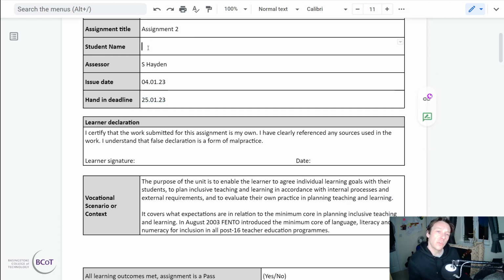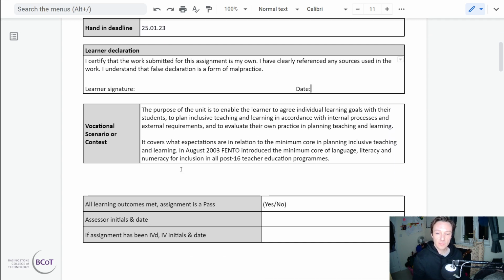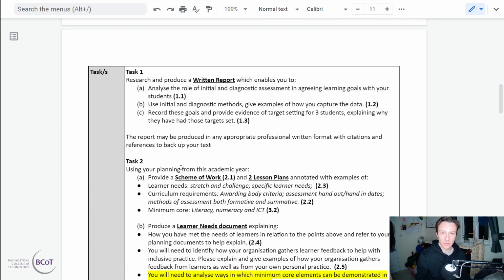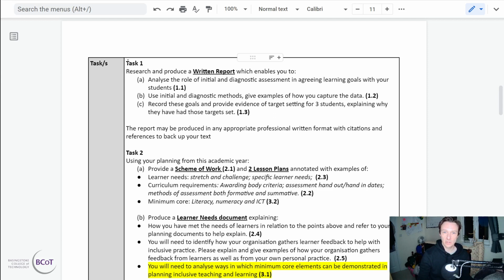When you get the assignment brief, make sure your name goes here, and please sign here as well to declare that the work is indeed yours. Now, there are 3 tasks. The first task is to research and produce a written report. Now, this written report